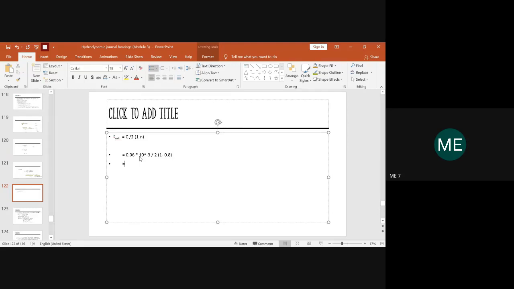So always you should be very careful. Read the question and see whether the radial clearance is given or the diametrical clearance. Based on that, every equation will be having small changes except our Sommerfeld number. So be careful, read the question totally and see whether it is the radial or the diametrical clearance given. So now you kindly substitute and calculate the value of h minimum and let me know.